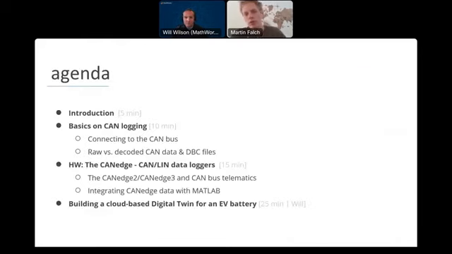So we will start with a brief introduction, and then I will go through the basics on CAN bus data logging, both how you connect to the CAN bus and how you decode CAN bus data. And then I will explain briefly how the CANedge CAN bus data logger can be used to record CAN bus data and to transfer this data to the cloud. And I will also cover briefly how the data from the CANedge can be integrated with MATLAB in a number